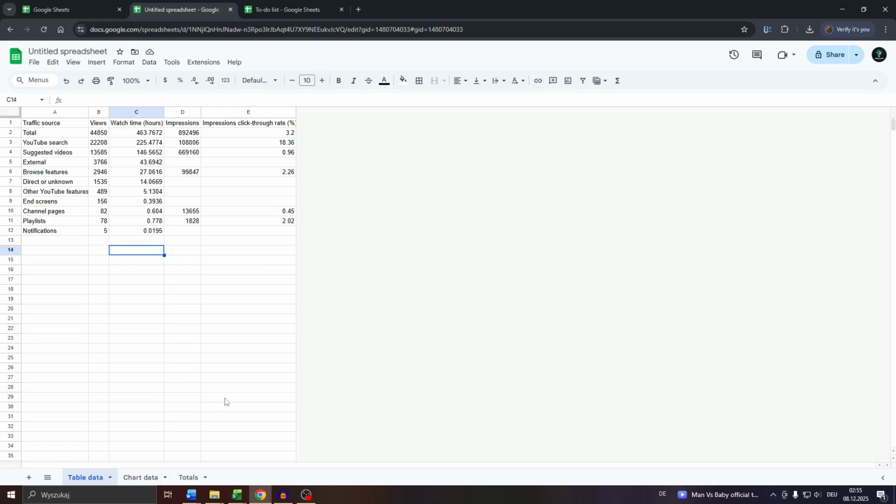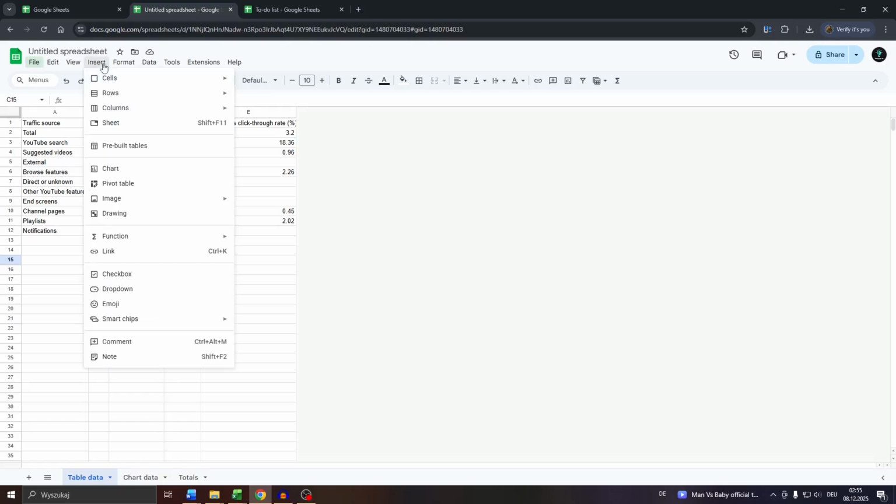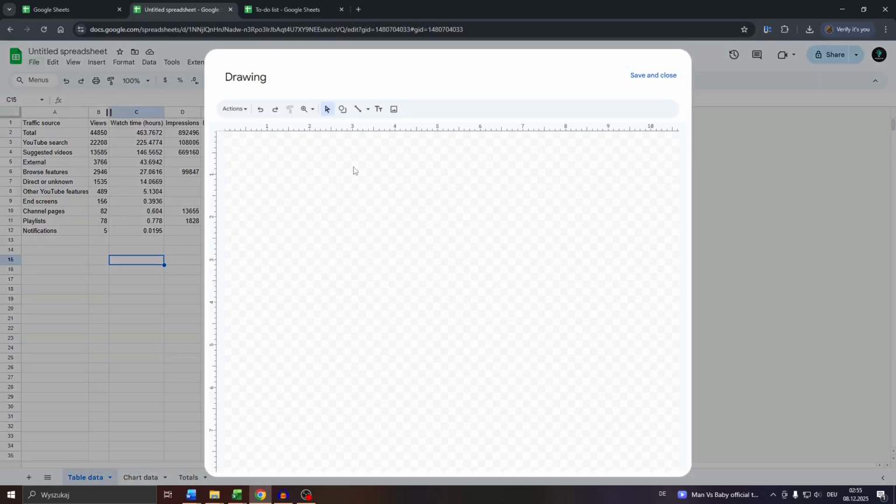So access the document or spreadsheet here in Google Sheets. Make sure that you select the right tab at the bottom. So what you want to do, guys, is use the drawing tool for that and add your text watermark to your document. To do that, click into Insert, select Drawing, and after that, select the text tool